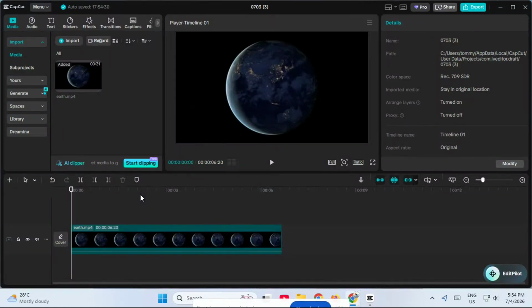If your cursor suddenly turned into a razor blade icon in CapCut PC, don't worry, that just means split mode is active. In this video, I'll show you exactly how to turn it off and get back to normal editing